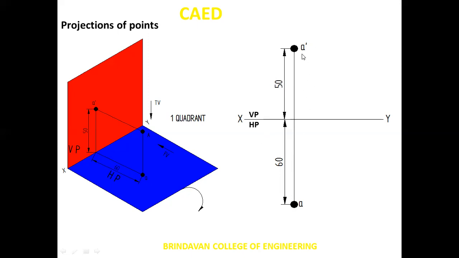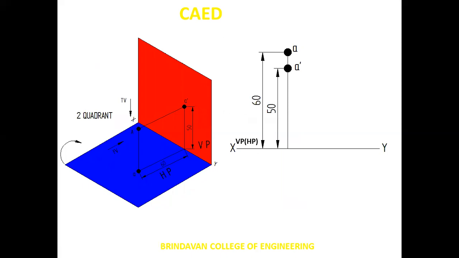And these are the projection of a line with respect to a point. So this indicates the front view and this indicates the top view. Okay. The same in the second quadrant, you can see that a point A is given, which is 50 mm above HP and 60 mm